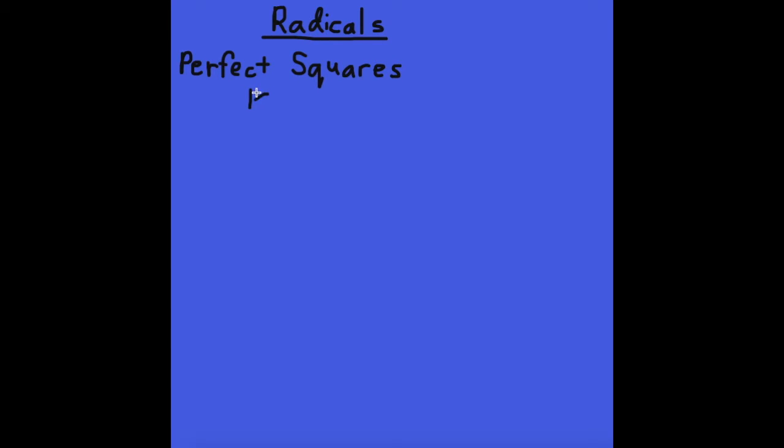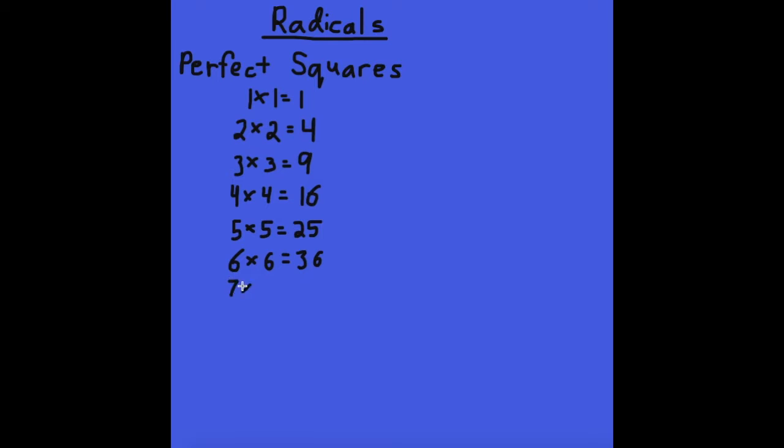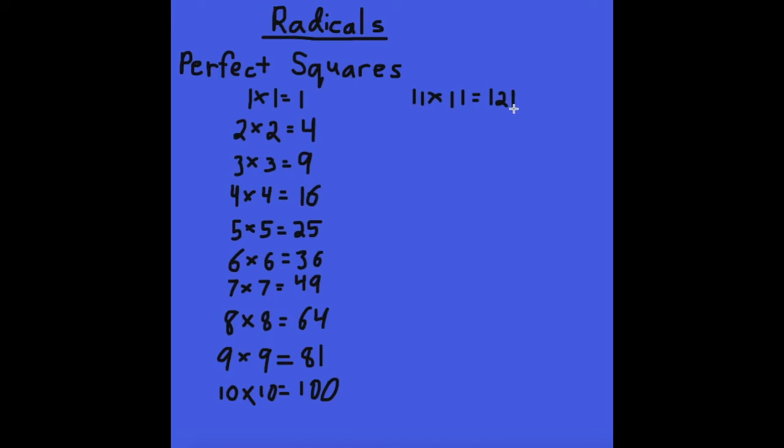So, 1 times 1 equals 1, 2 times 2 equals 4, 3 times 3 equals 9, 4 times 4 equals 16, 5 times 5 equals 25, 6 times 6 equals 36, 7 times 7 equals 49, 8 times 8 equals 64, 9 times 9 equals 81, 10 times 10 equals 100, 11 times 11 equals 121, 12 times 12 equals